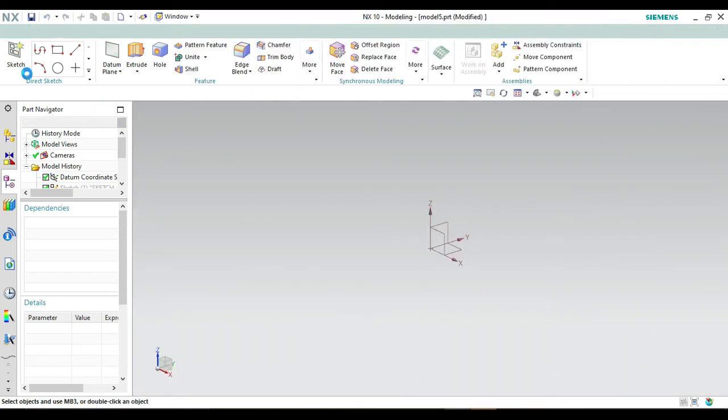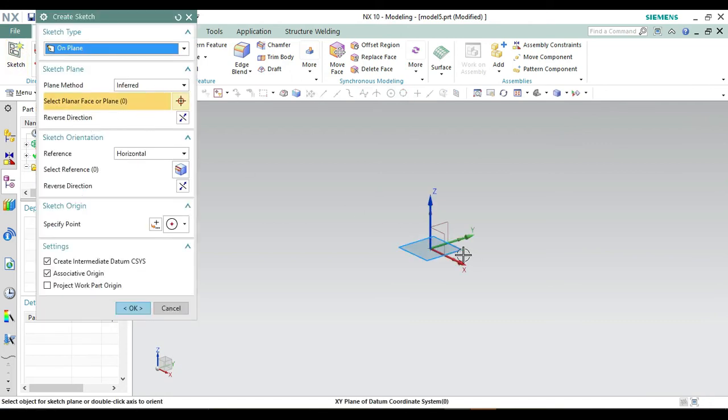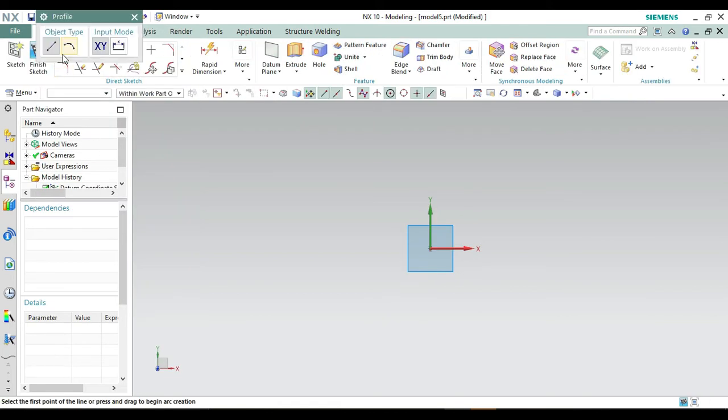Now what we have to do is select the sketch again and select the planar face or plane. Click on sketch, then select the planar face or plane, click on this XY plane and make it okay from here. Now select the profile from here and create a profile from this